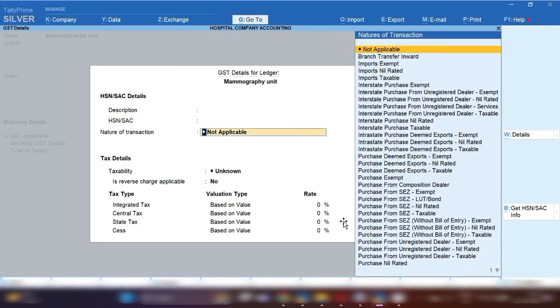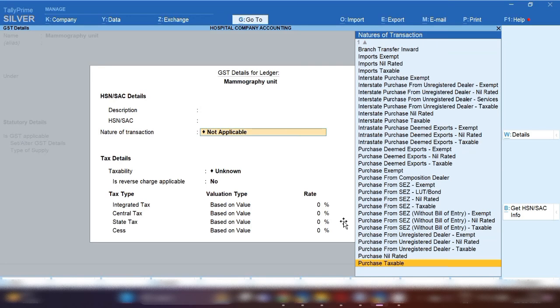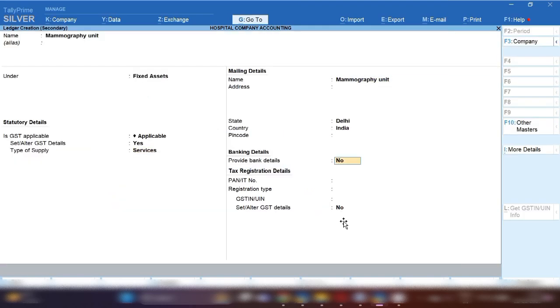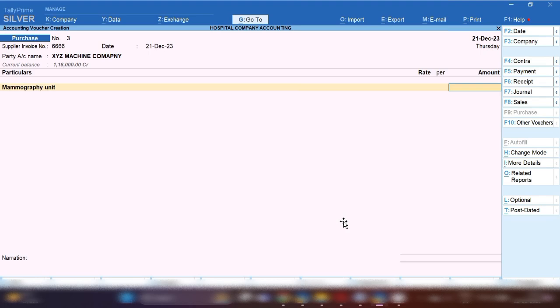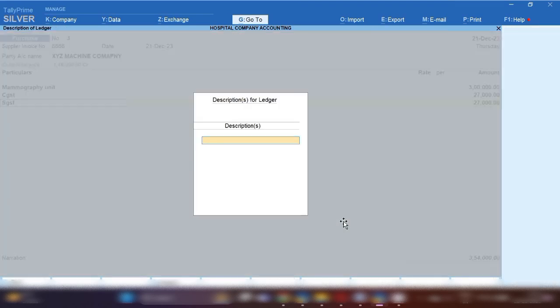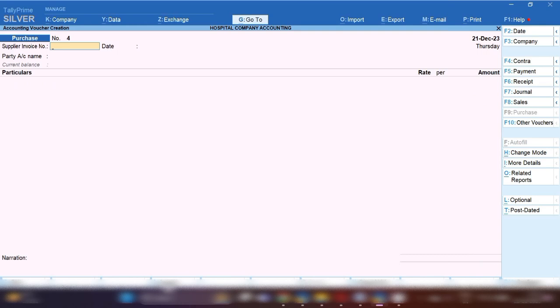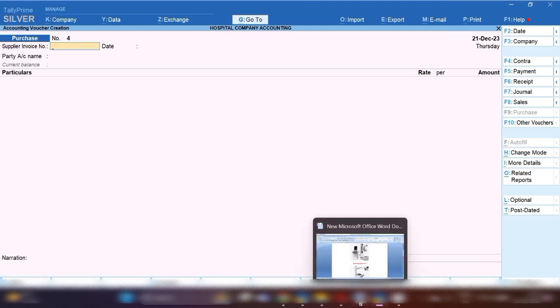GST will be applied, with the HSN code of the product and nature of transaction. We are going to purchase from local, so we will select purchase taxable, capital accounts, and 18% tax rate would be applied, and save this screen. Now you have to fill in the rate of the mammography unit machine. Let's suppose we have purchased this for 3 lakh rupees plus GST. So 3 lakh plus CGST and SGST will be applied. By pressing Ctrl A, you can save this entry. Next entry, we are going to purchase